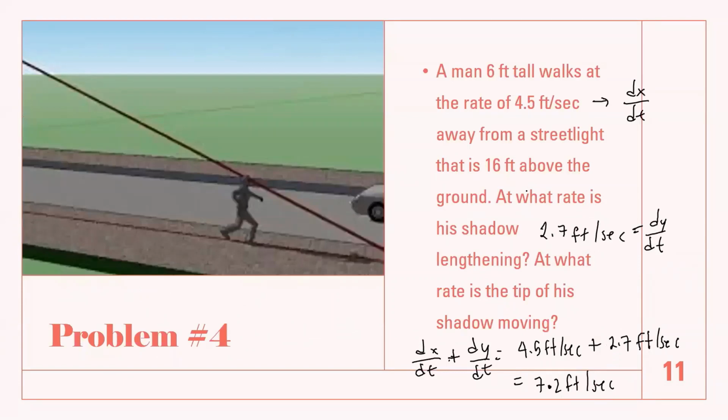So, therefore, the shadow lengthens at 2.7 feet per second. But as for the tip of his shadow, it moves at 7.2 feet per second. Okay? So,